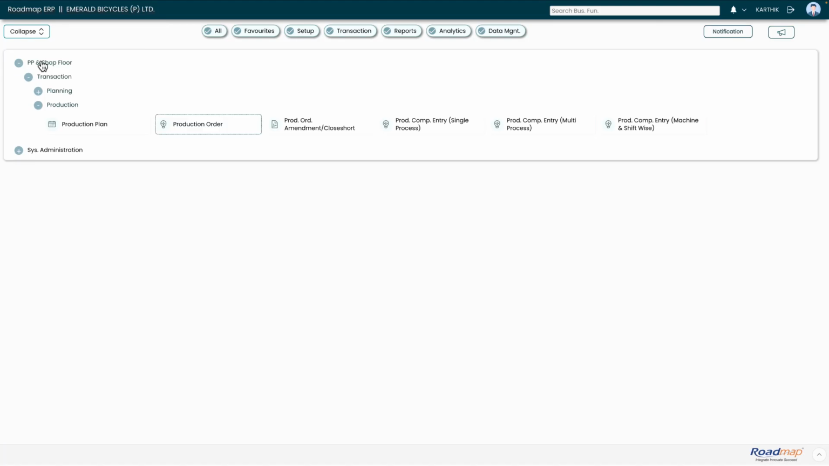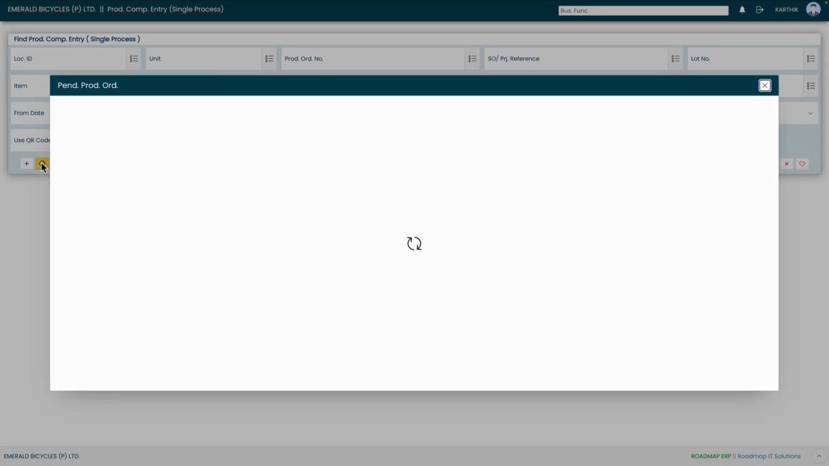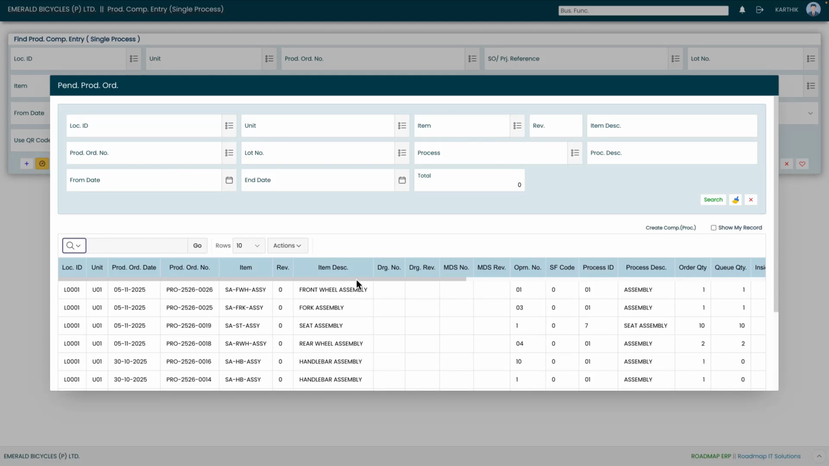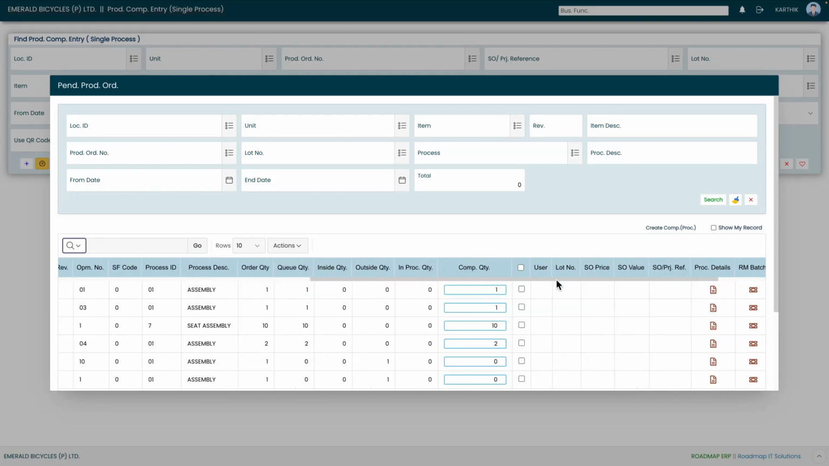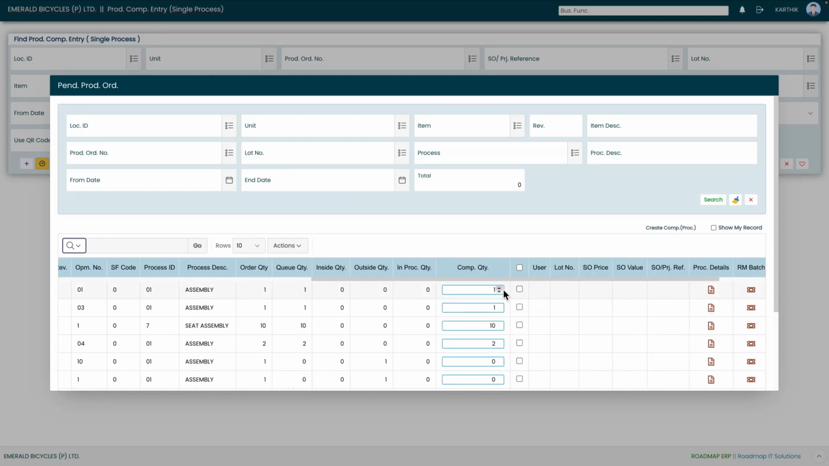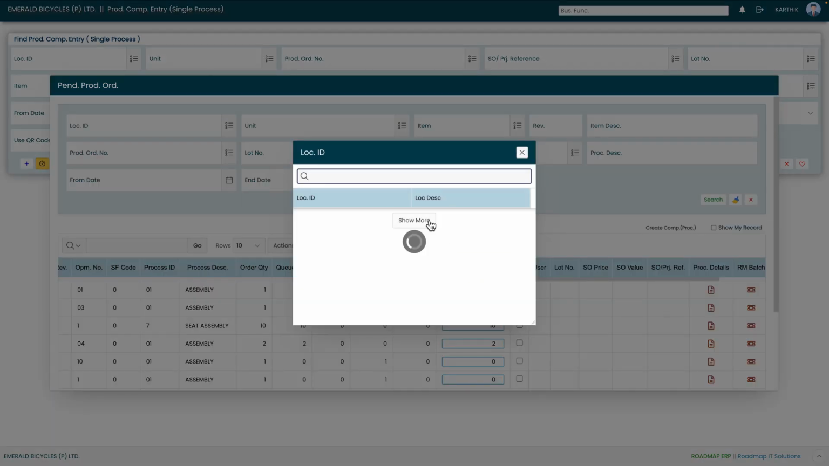For that, click on PP and shop floor. At transaction, you have your production completion entry, single process. When you click on this pending icon, that's the yellow one, here the document has been fetched up, that's of your front wheel assembly, and this is the completion quantity. So let's select the document, click on create completion process, and give your location ID,